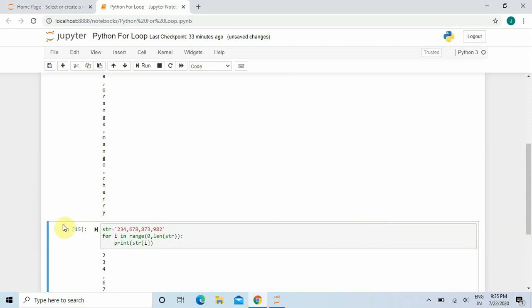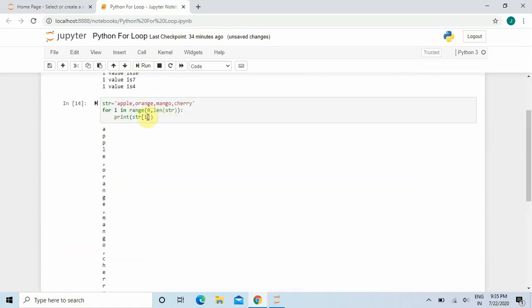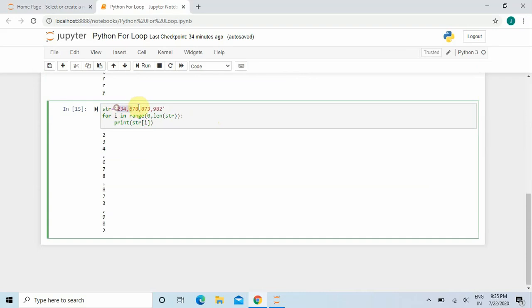So here again you can see that it is applying the same concept as I have mentioned in this case: it is going by each and every index or position, and it is picking up the letters. In this case it is picking up the numbers, and it is printing the numbers one by one. And again the comma is getting printed here, because the comma or the space that is present in this string is also assigned some position.